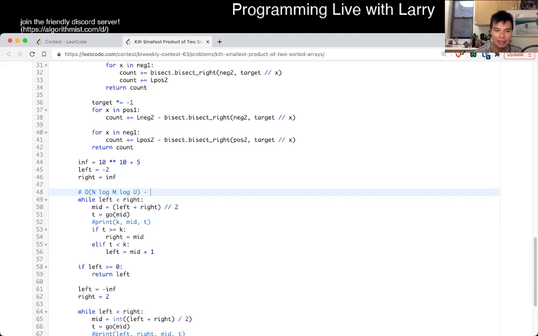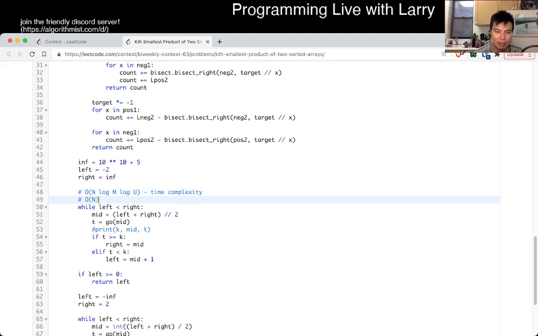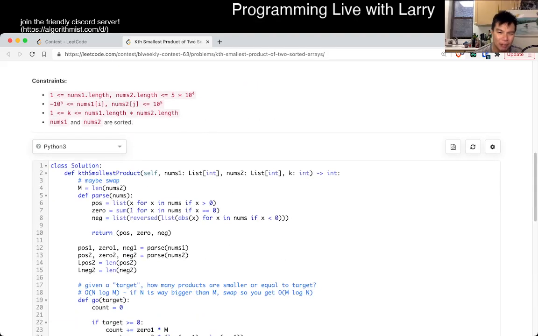Time complexity, space is just O of n, I believe, because we kind of rewrite the formula. In theory you probably don't have to, but that's the way that I did it. But yeah,